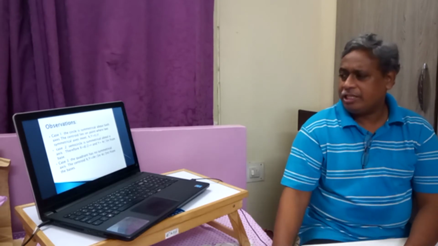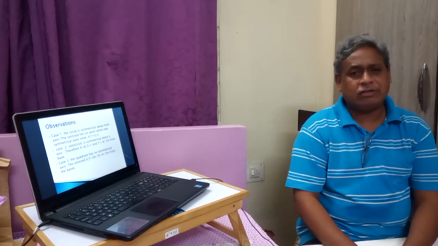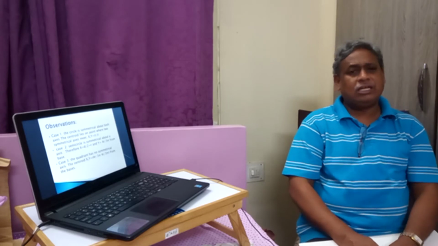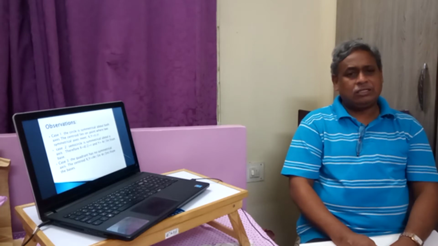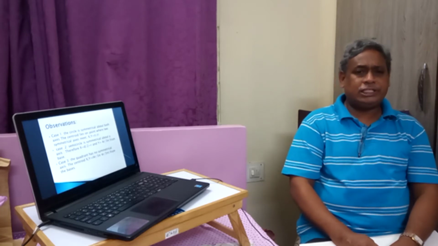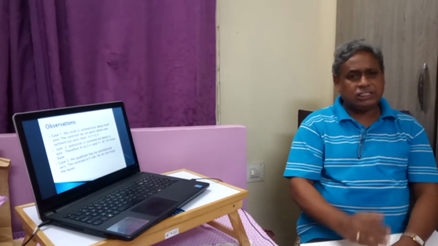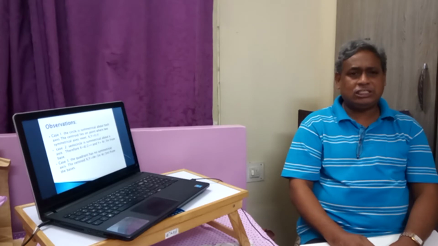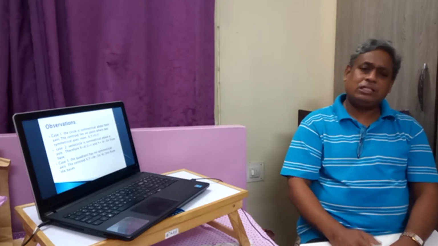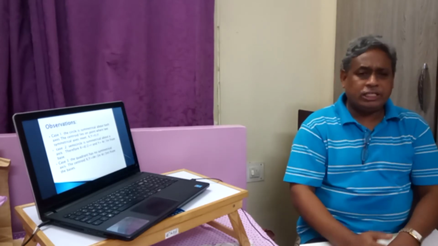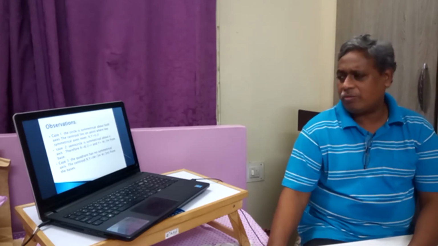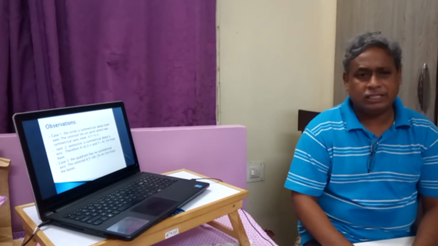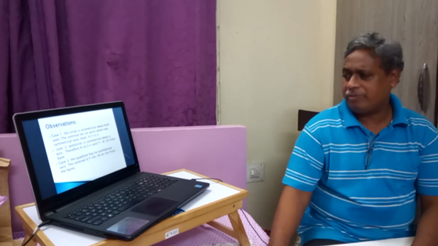In case 3, the quadrant, there is a quadrant which is in the first quadrant of the coordinate axes. So it is touching both the y-axis and the x-axis. Therefore the centroidal distance from the y-axis will be 4r by 3 pi. Similarly from the x-axis it is 4r by 3 pi. Therefore the centroid will be 4r by 3 pi and another 4r by 3 pi from their respective bases.